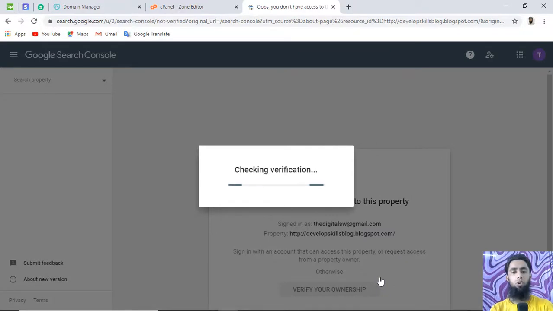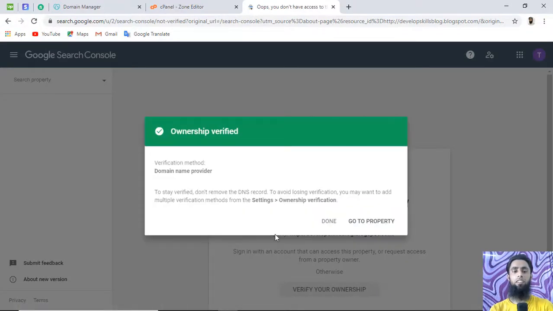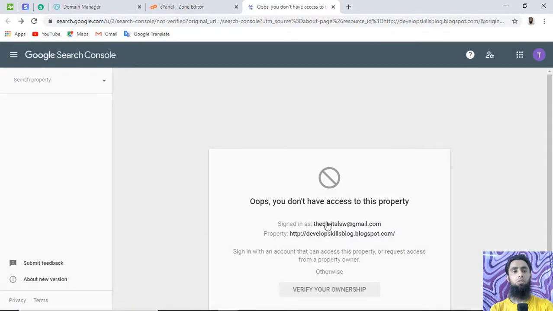But for now, for a moment, if you see right now, yeah, great. Sometimes it takes some time, but now it got verified, ownership verified, so this communication was fast. But in some cases you may get the same error. So of course, if you get the same error, then after waiting for some time, you will get the ownership verified message. So finally we end up with the verification of our Google Search Console. So we added our website successfully on the Google Search Console.